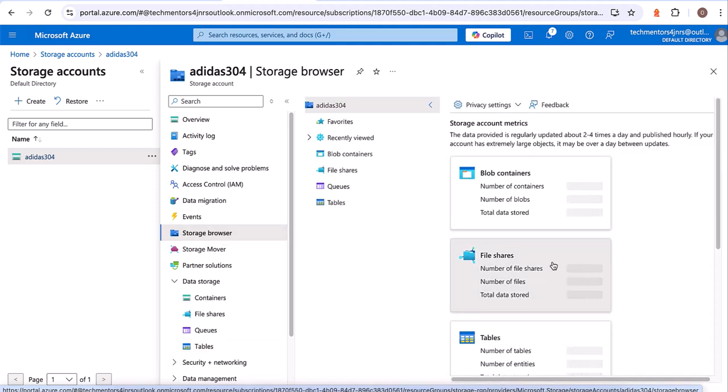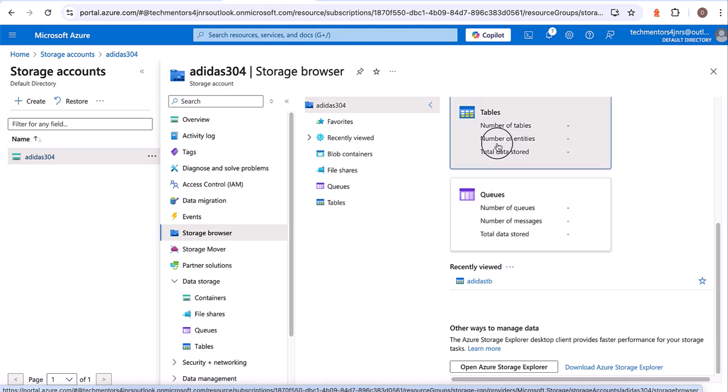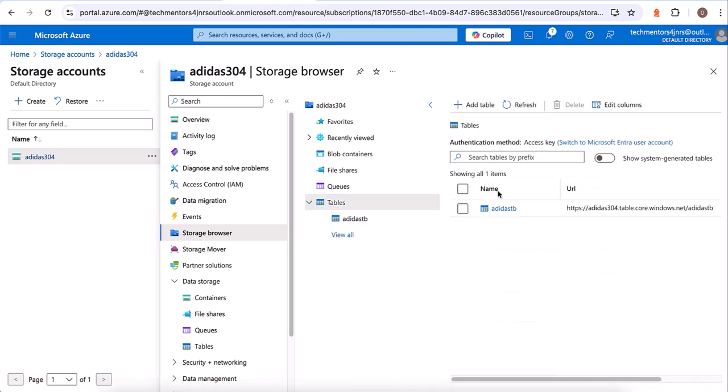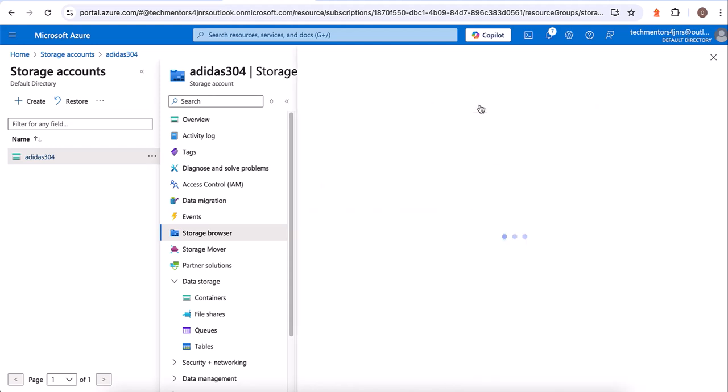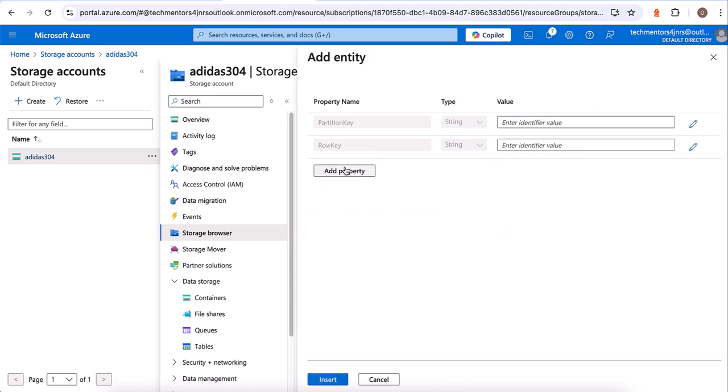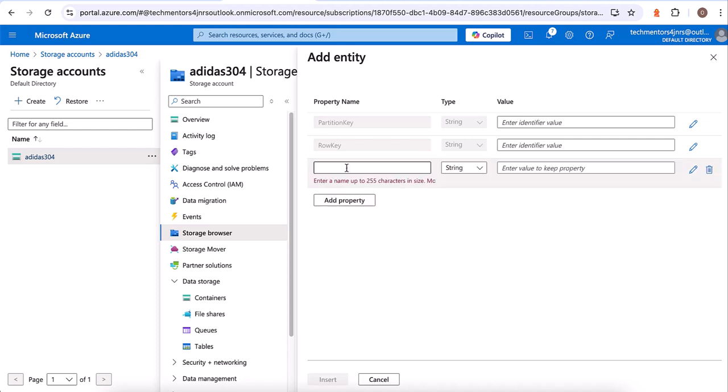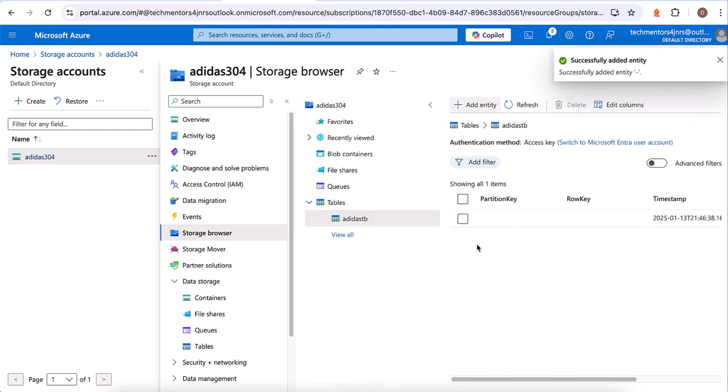When you click on storage browser, you can click on tables. Then you select the table, then you click on add entity. When you click on add entity, you can now add your property here. So name, job. And that's how to add key pair to Azure table.